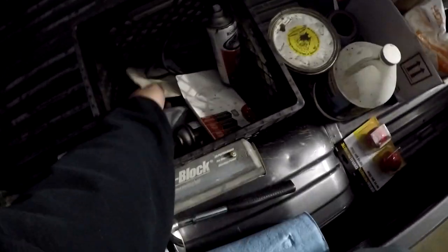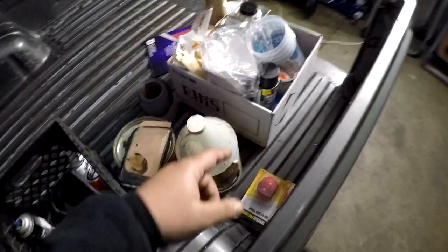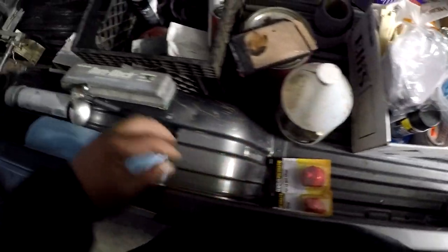So I brought a lot of my stuff from the house. 220. We got some 100s. We got the 60s. Some of the bodywork equipment, a lot of the primers, the stuff we bought yesterday. He went to Harbor Freight, got the guns, the filters, got my Durablocks in various sizes, and trying to paint